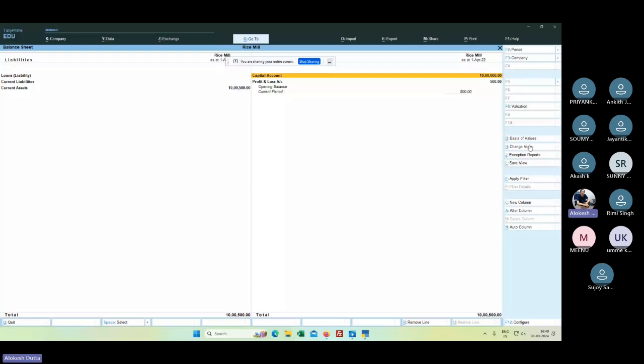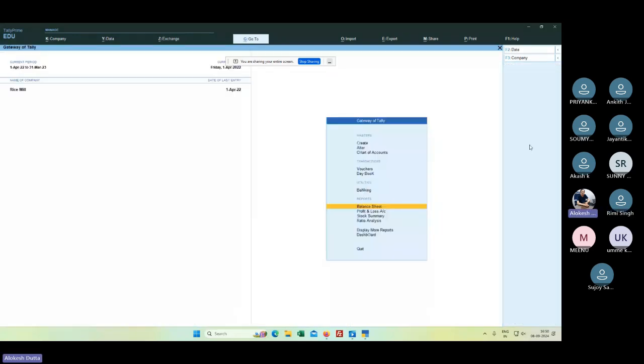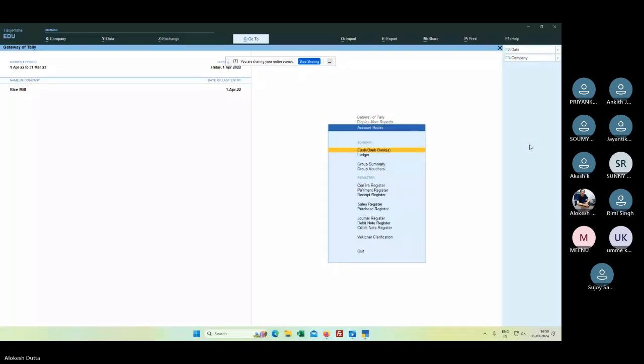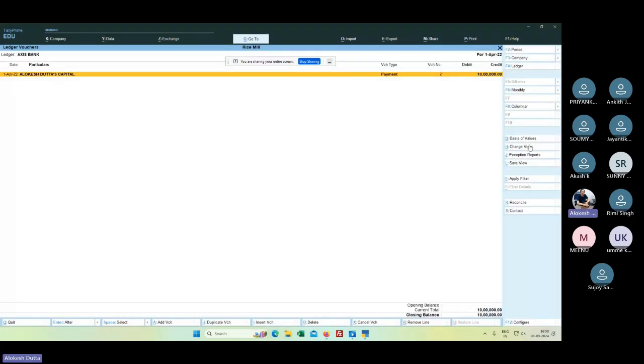Here, under current assets, cash in hand, cash at bank, there is a credit balance, which means it is a liability. If we put this entry in reverse, it will reflect correctly. Display more reports, ledger entry. We have to go for account books and go for ledger, Axis Bank. If I go for Axis Bank,